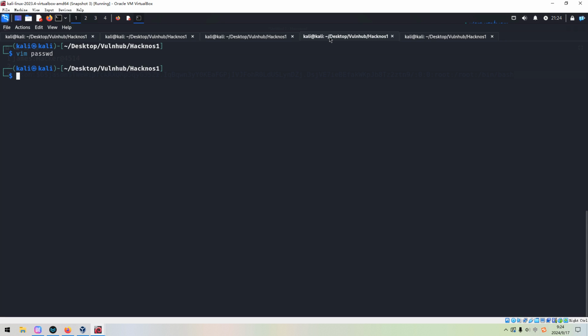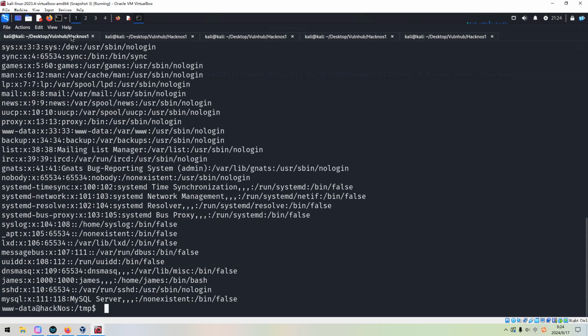So next we can use wget with the password file, and we need to use uppercase O, and by this option we can specify the location where the file should be living.